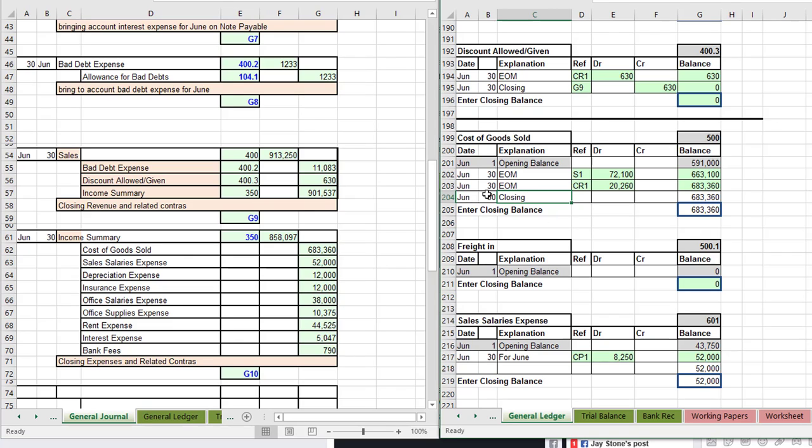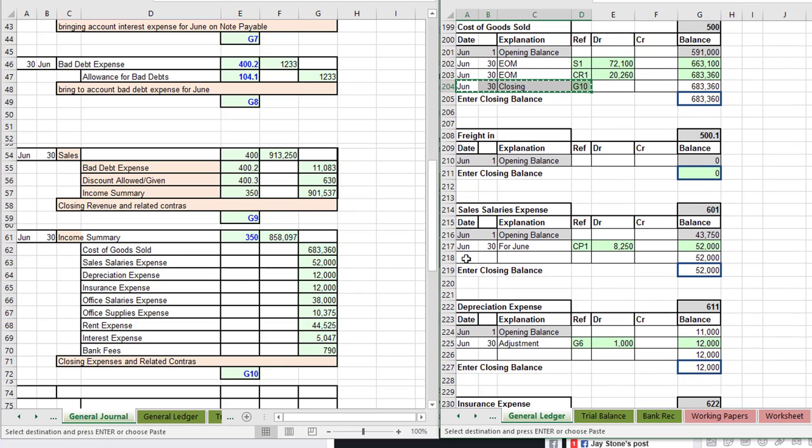And they're all going to go to G10. Now I'll need to make this an absolute address, so I can do that by clicking on it here and hitting F4. Or I could have inserted the dollar. So if we copy this, in some ways this is a bit dangerous, but it will save us a lot of time